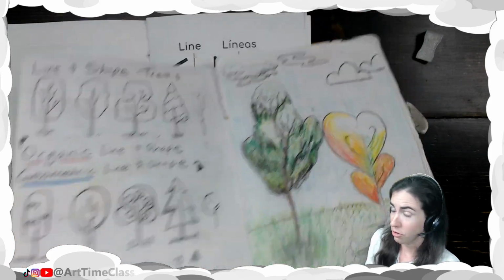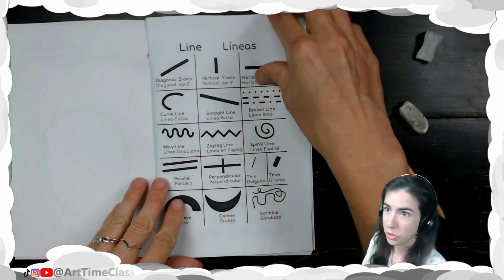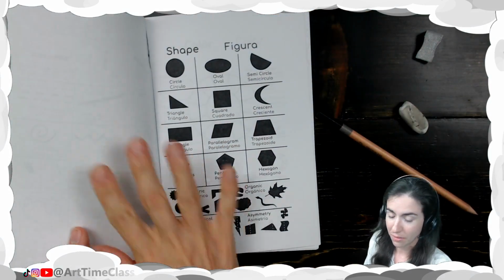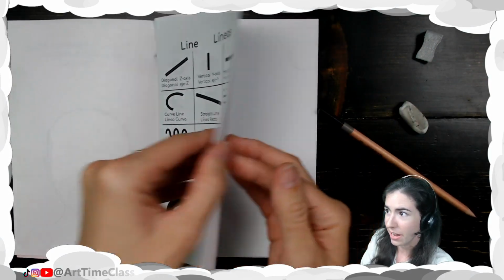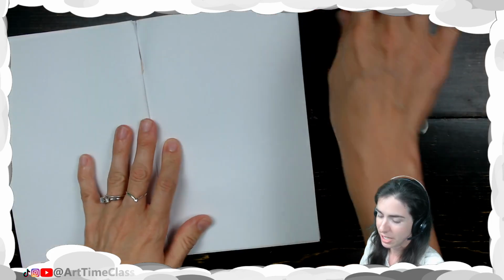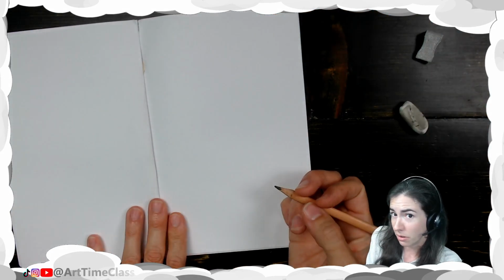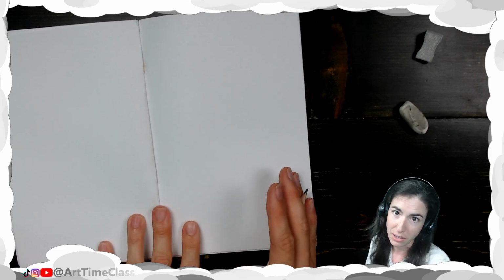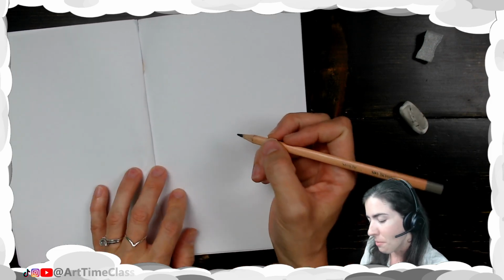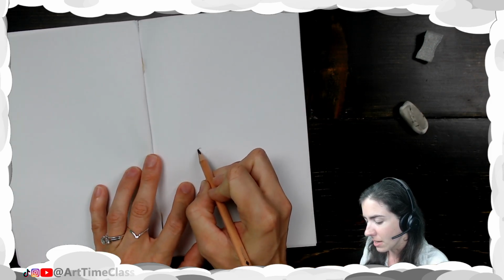So, when you're doing flowers and you're doing lines and shapes, after you've reviewed this, go ahead and find a blank page in your sketchbook. When drawing flowers today, you can choose to color them or you can leave them uncolored. It's up to you. For my flower, I'm going to start with a spiral,